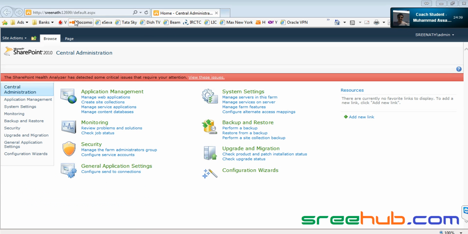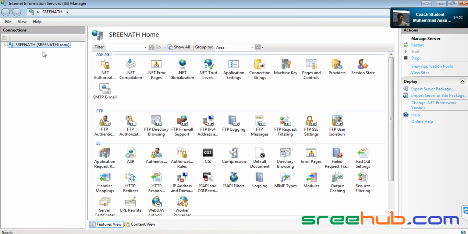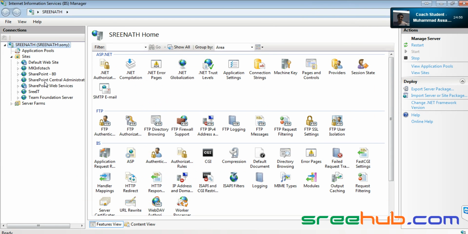You can see my site, right? This is Srinasam, and this is ported on some port called 12699. So this is completely hosted on... I'll show you my IIS Manager. Under this I have sites. If you can see, I have Central